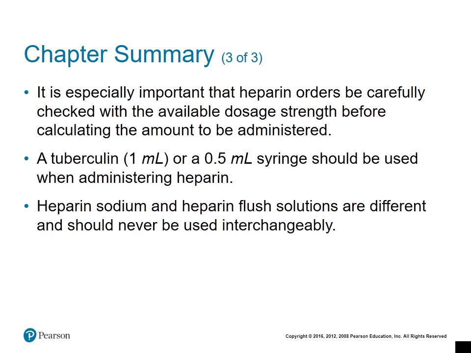And here's a little bit more about it. It's important that the heparin orders are carefully checked and that the strength is checked before you administer it. You want to use a 1 milliliter or a 0.5 milliliter syringe to administer heparin. And then heparin sodium and heparin flush solutions are different, and you must make sure which one you're working with because the strengths are going to change, and it's going to affect the dose that you